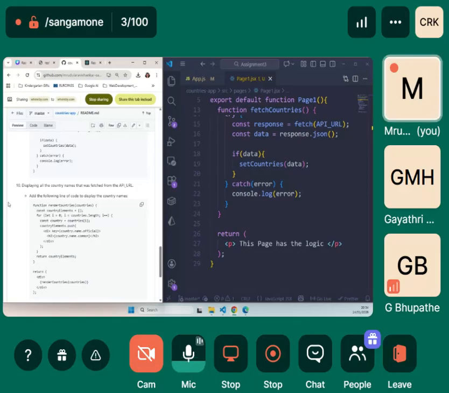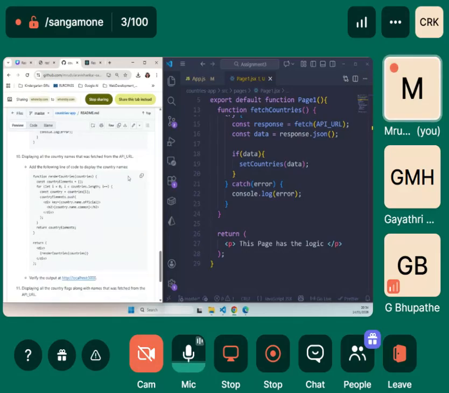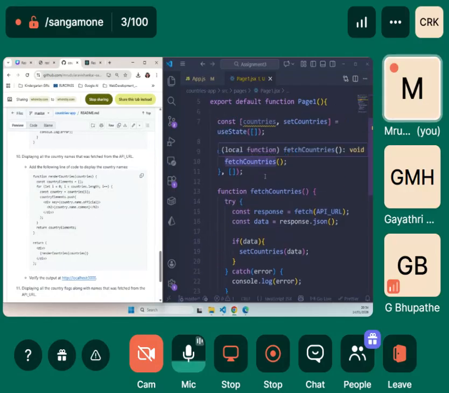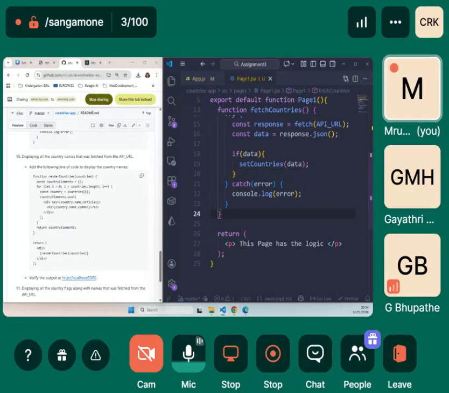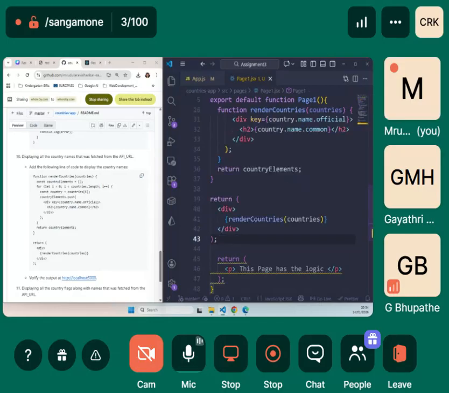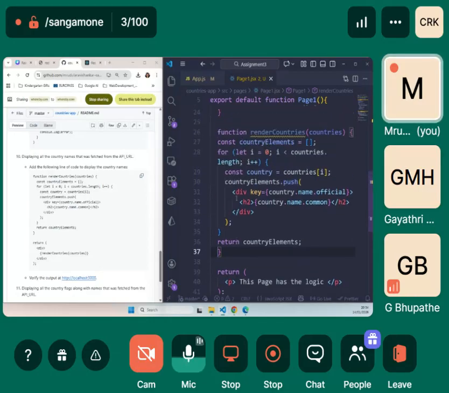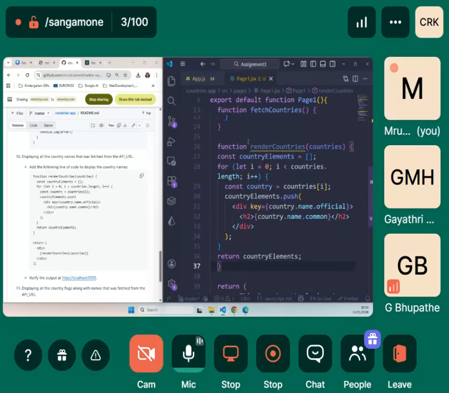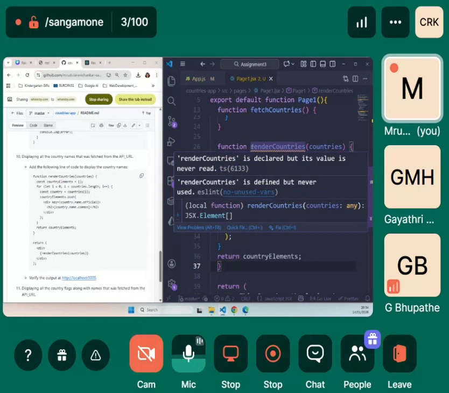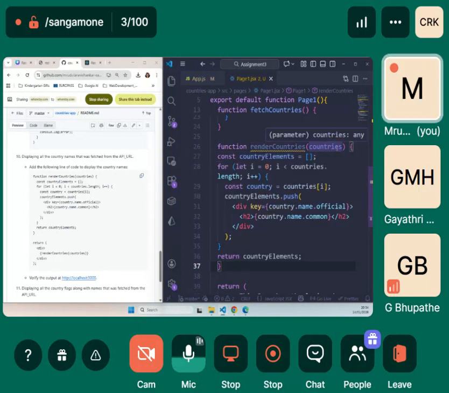Now what we do is we copy this particular line of code and then we put it after fetch countries. We have a double return that we don't need. So what we are doing here is calling a function called renderCountries, for which countries will be set as the parameter.